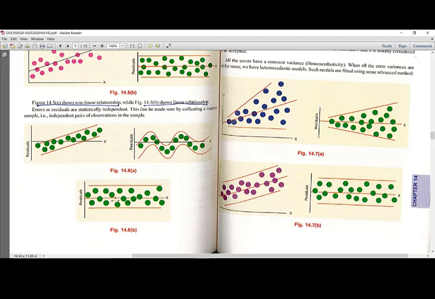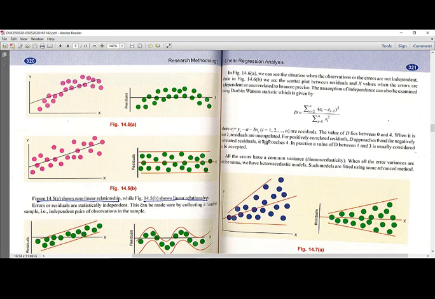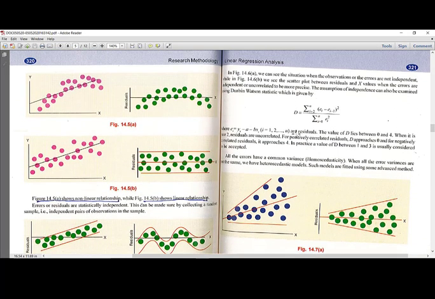But here in this figure, figure 14.6b, we can say the residuals are statistically independent. And as I said, this figure 14.6b, we see the scatter plot between residuals and x values when the errors are independent or uncorrelated, to be